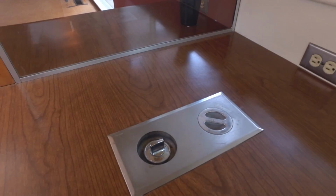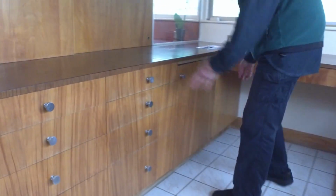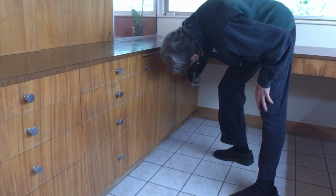That seems to be what it is. It may appear small, but it's very compact, and it has a beautiful desk here. It has all kinds of drawer space, and there's a new tone